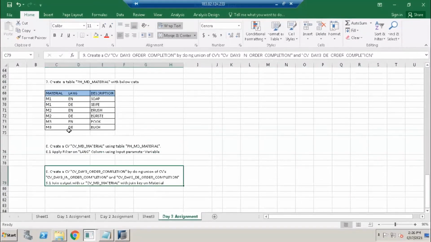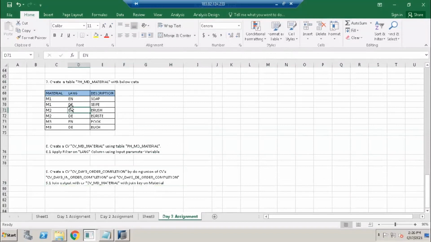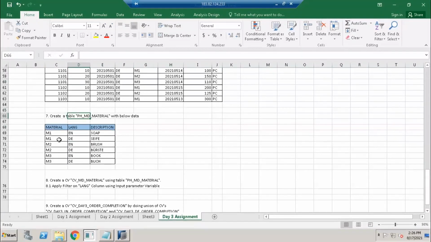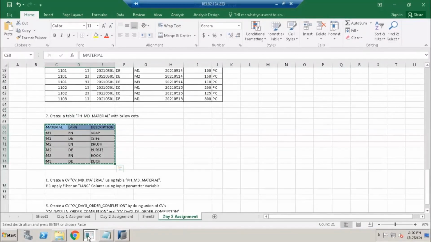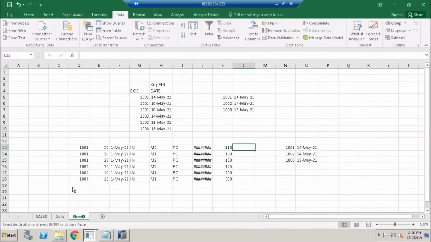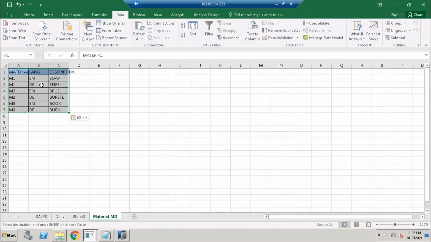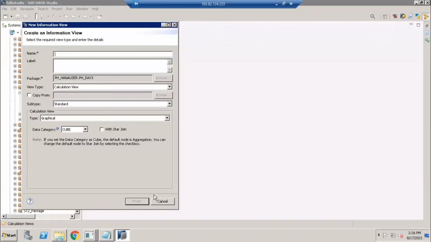Okay, I think my next step is not this. My next step is creating a table for material master. Okay, let's create one new table. So let's take one new file, or else what we can do is let's take our existing IN data file and create a sheet 3 here, MD material master data, add this data here, click on save,